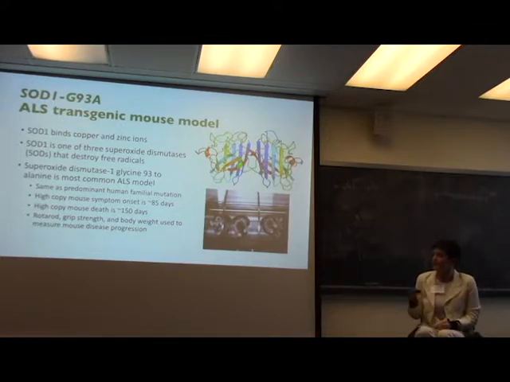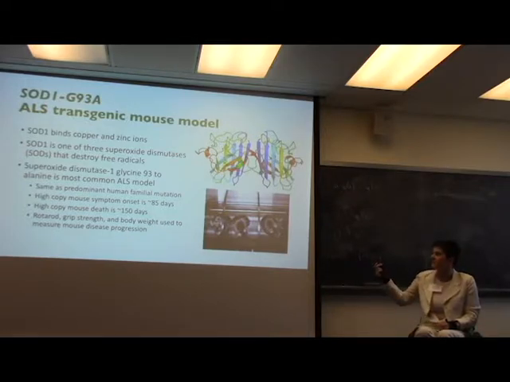And even though it has this one mutation, and we know exactly what the mutation is, we still don't understand all the etiology. It's still multifactorial. There's all these things that are going on, both upstream and downstream in the cellular pathology. In the ALS mouse model, the high copy mouse, it lives about 150 days and has symptom onset at about 85 days. And when you look at a mouse's lifespan, that's similar to the onset and duration of what a human patient would be.